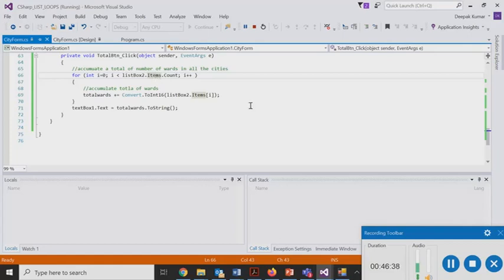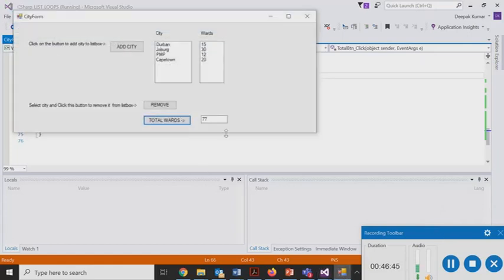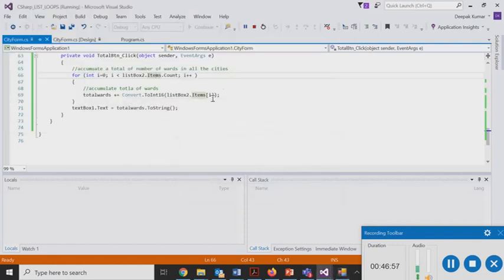So this is what we have done, and as I demonstrated to you, this program runs and shows us the total wards in all the cities that we have in the list box. So this is what we have done so far, and I have demonstrated the for loop as well.